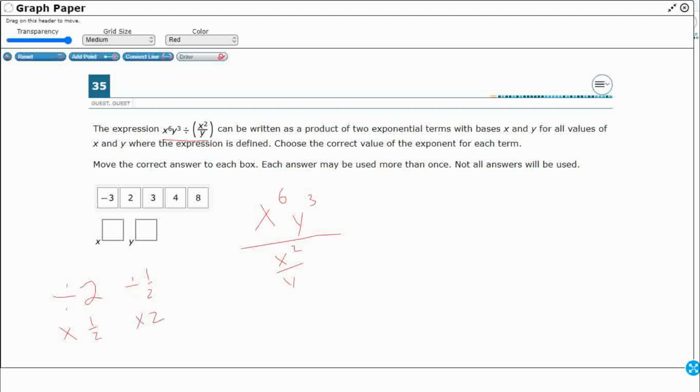So if I wanted to not look at it like this, I can just multiply this by the reciprocal, so that would be y over x squared. I just took this and flipped it. Okay, so that's going to equal x to the 6th, y to the 3rd times y over x to the 2nd. Now we need our